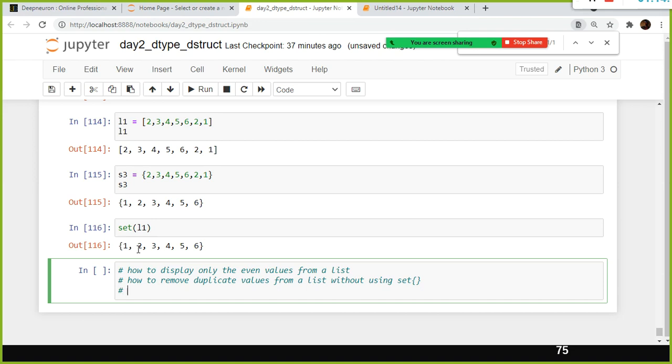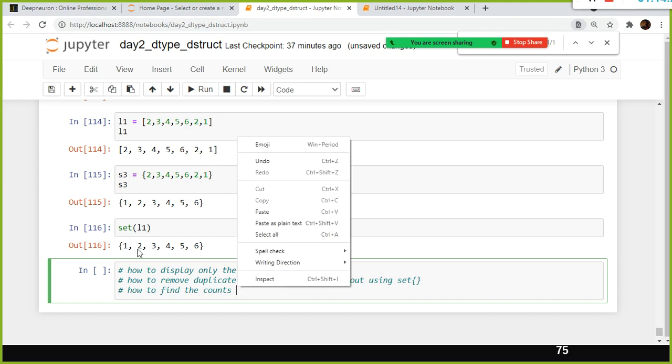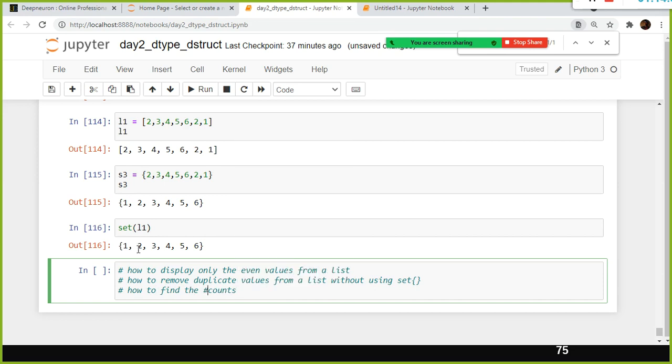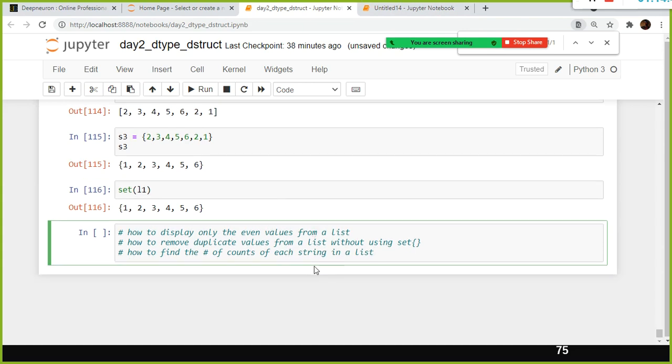And the next one is, let's say you have strings in your list. How to find the number of counts of each string in a list. So these are all the assignments. These are the homework. You just give it a try.